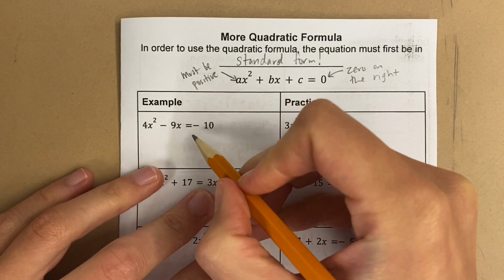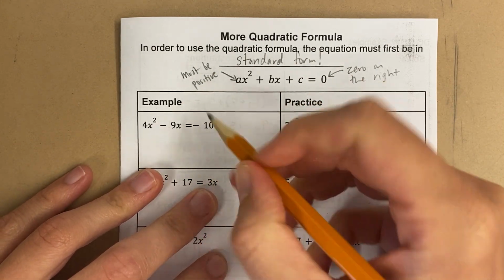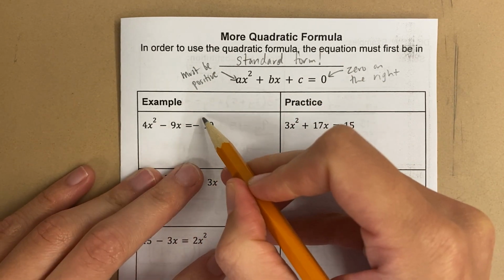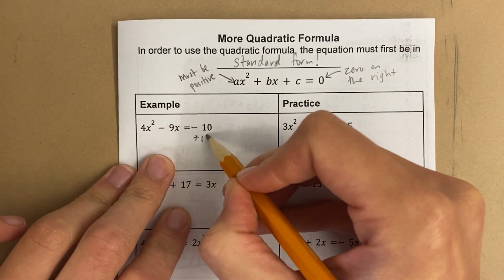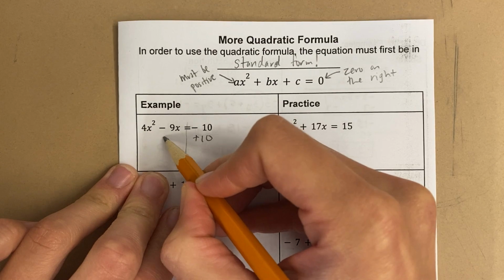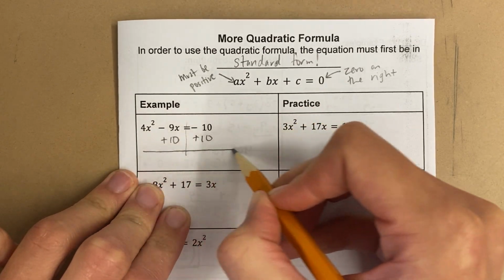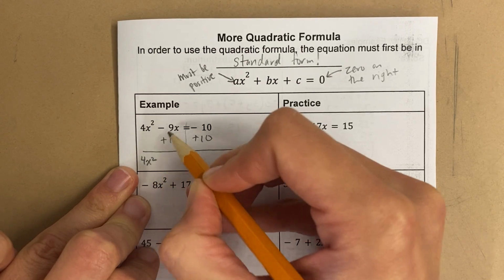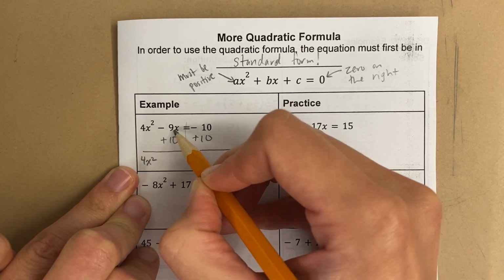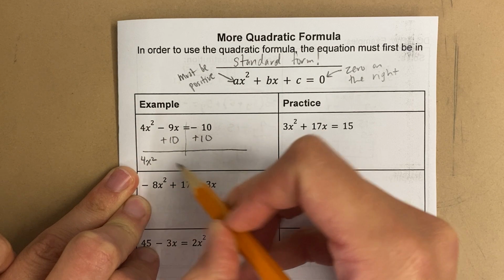So in this example, what I notice is that there's not a 0 on the right. How can I get there to be a 0 on the right? Well, what's on the right is minus 10, so I'm going to do plus 10. And if I do it on one side, I of course have to do it on the other side. So what happens? Well, on the left side is now 4x squared. Notice this plus 10 is not like terms with anything, so I'm just going to bring it down as an extra term,